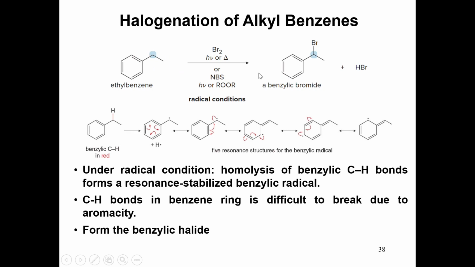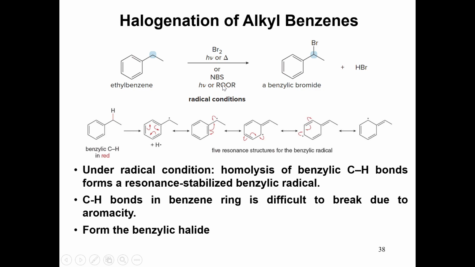Actually, if we do a radical reaction, we are going to halogenate the alkyl part, but not the benzene part. Again, the conditions for radical reactions: whenever you see light, we use h-nu, which means light. I would like to say it's UV light. It has to be a very high energy light. Heat condition, or we use the